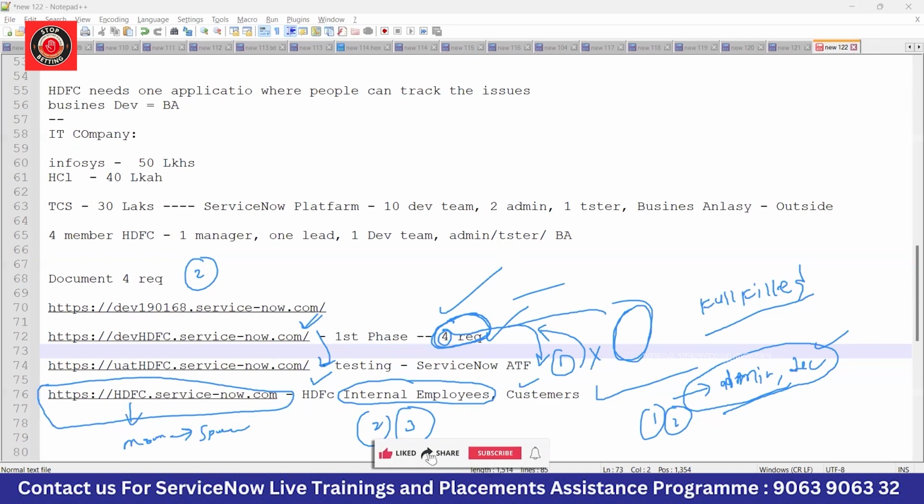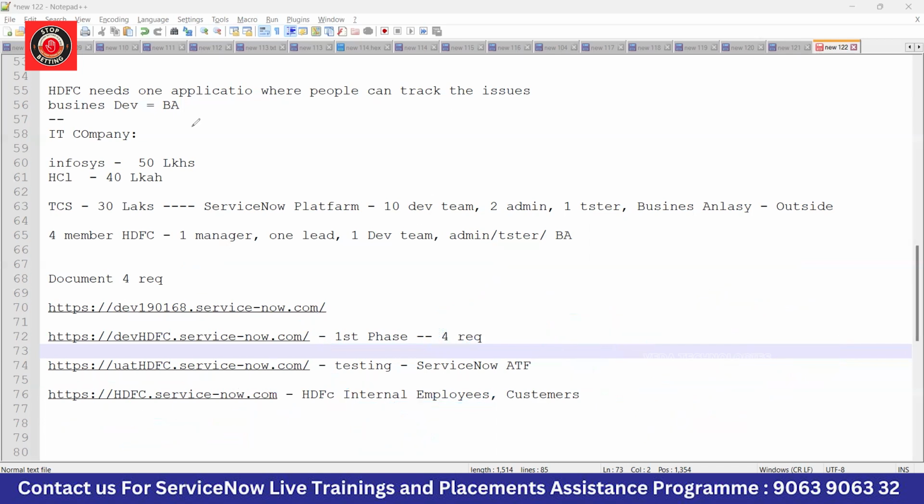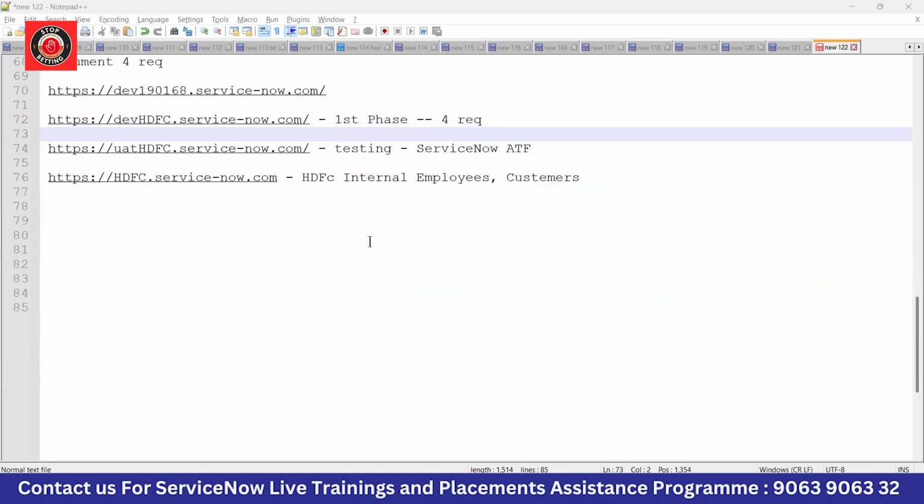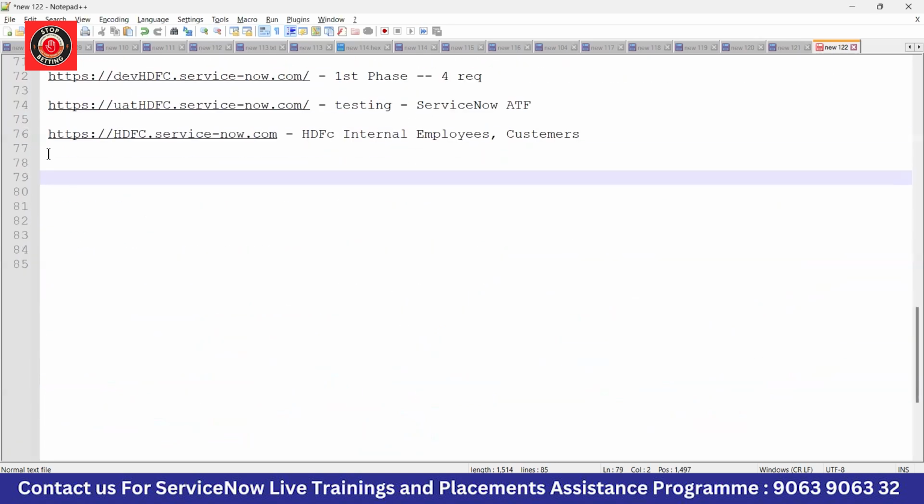This is how the structure of ServiceNow is in real time. Maybe you might have some doubts. Sir, is ServiceNow only a ticketing tool? Is that correct? ServiceNow is only a ticketing tool? Not only a ticketing tool, sir. When it was introduced, it was a ticketing tool, I remember. It was very long back, but